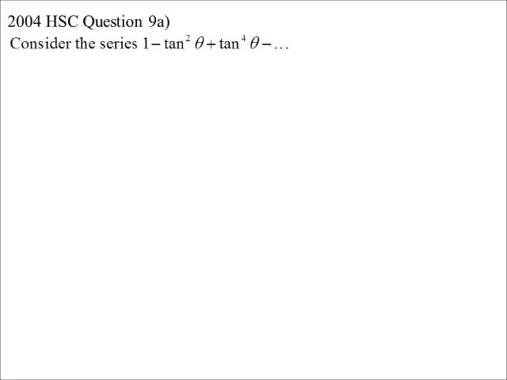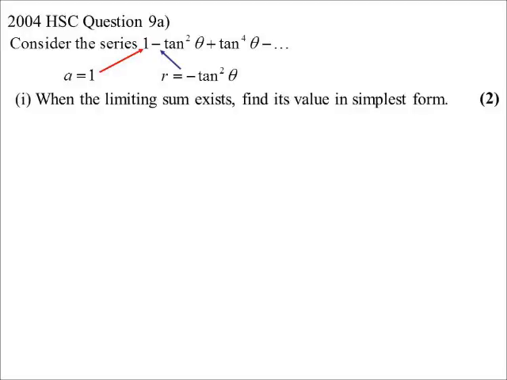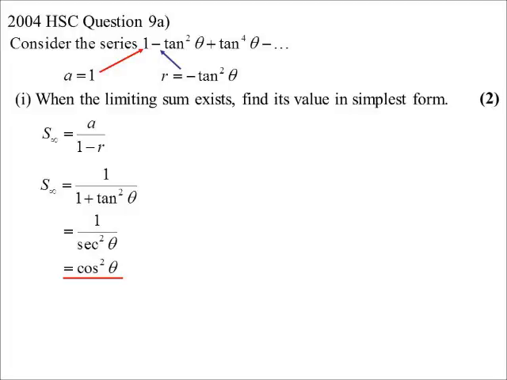This was quite a good one. Here's the series: 1 minus tan squared theta plus tan to the power of 4 theta. Notice question 9. That was back in the days when they had 10 questions in the paper, so towards the end of the paper. a is 1. Ratio is negative tan squared. So it's saying when the limiting sum exists, because depending on what theta is, it may have a limiting sum, it may not. But when it does actually exist, find its value. So a on 1 minus r, 1 on 1 plus tan squared, mere mortal answer. 1 plus tan squared, reciprocal of sec squared,